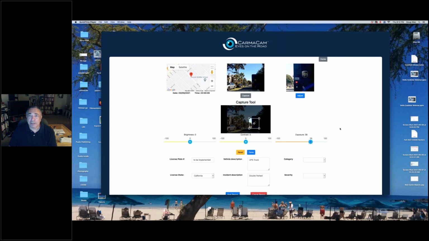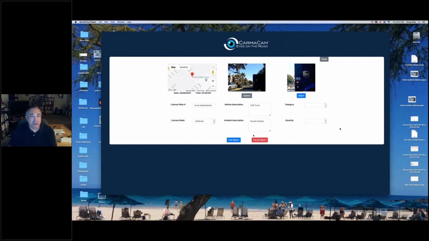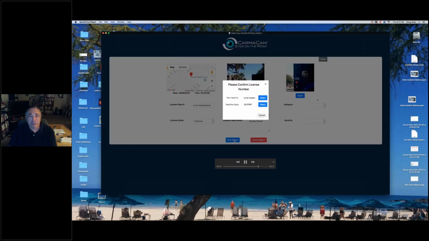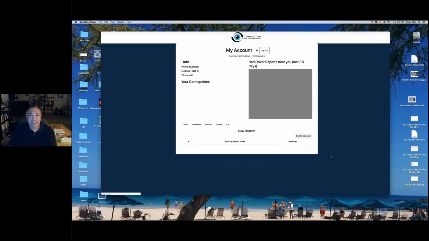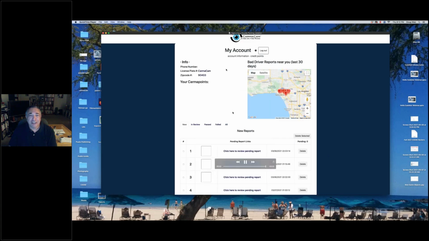Once I've captured that, we have a machine learning license plate reader interface. The machine actually reads that license plate number and lets me save that in the database. And so this app, the database and the API have been designed with CodeBot.